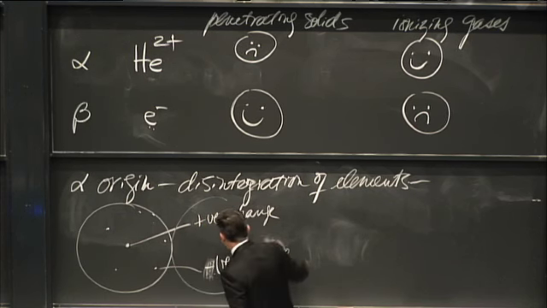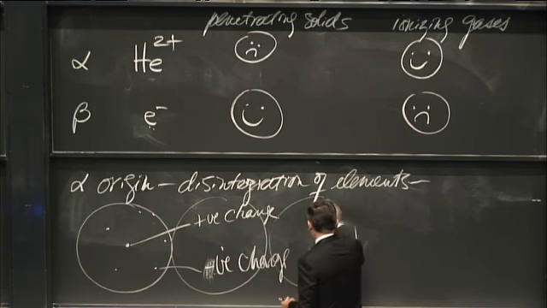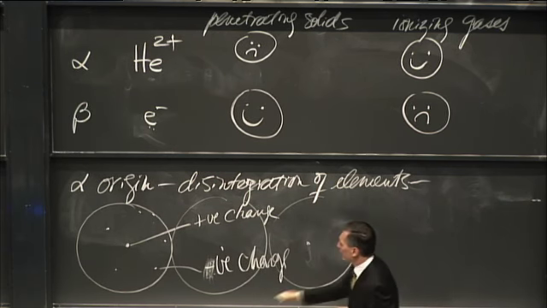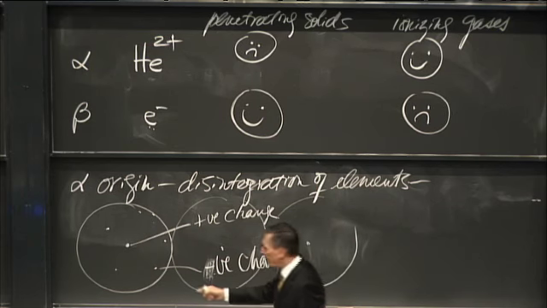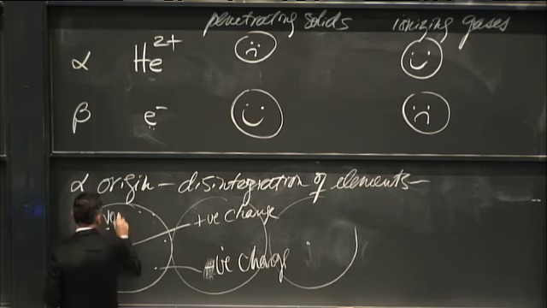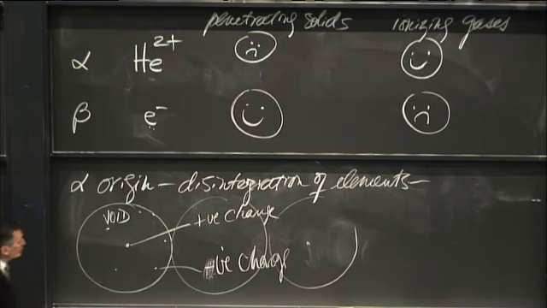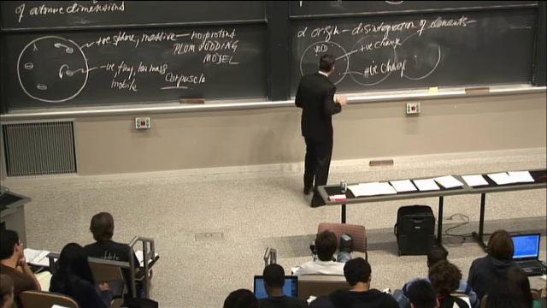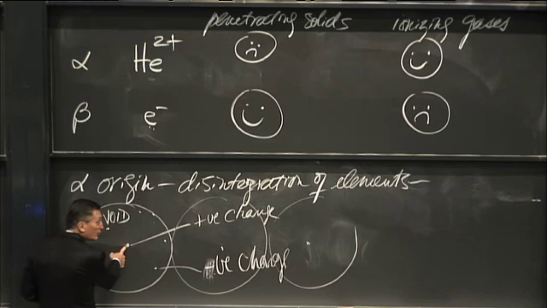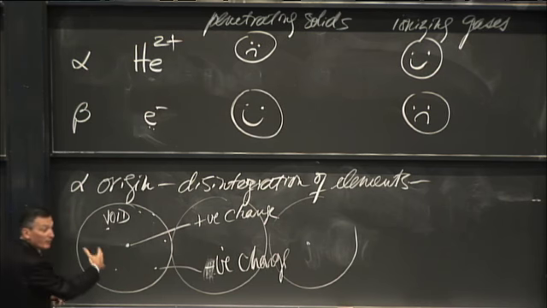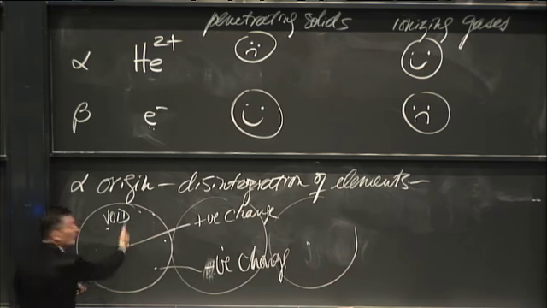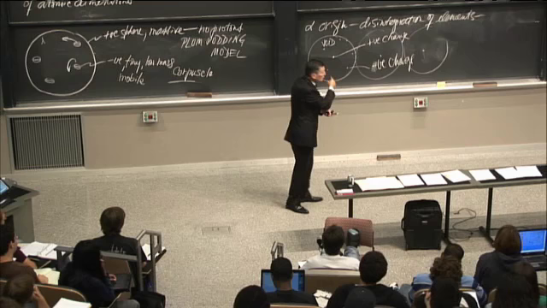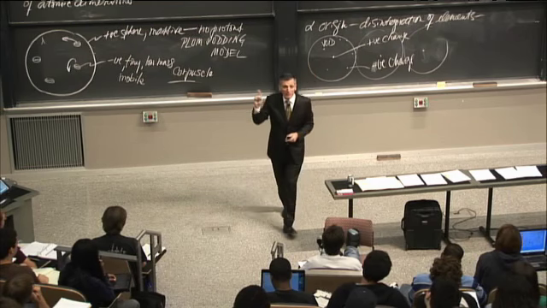And now here's the next one, and here's the next one, and so on. Now we're going to shoot these helium nuclei. And what's in between here? This is void, taking from Democritus. If I shoot the positive helium nuclei here, if they get close to this positive charge, they'll be deflected. If they don't get close to the positive charge, they just go right through. And once in a while, they get almost on axis, in which case they fling back. This model would be consistent with the data set I just showed you.